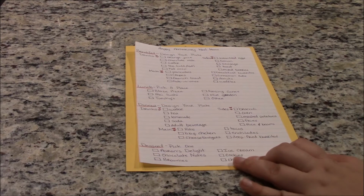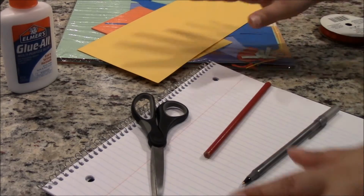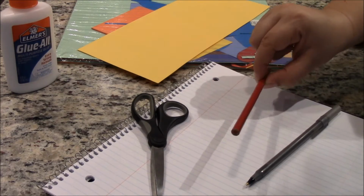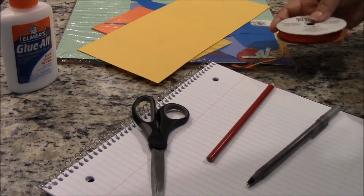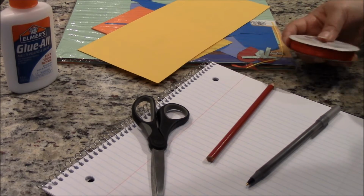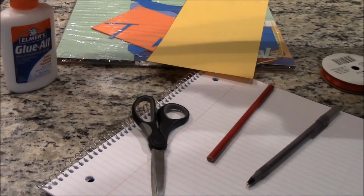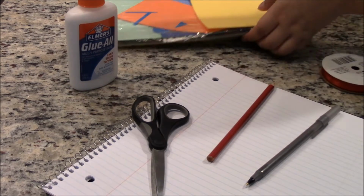The next item I'm going to show you how to make is this meal menu. The items that you'll need are a pen and a pad, colored pencils, which are optional, scissors, some ribbon, which is optional, but I'm going to use it because I'm keeping up with this theme, and some more construction paper, and some glue. So, move these to the side,